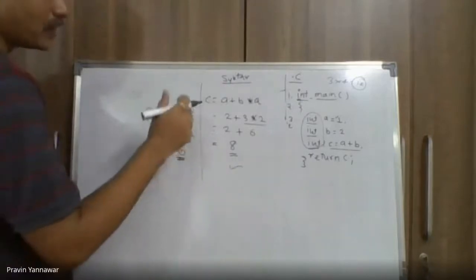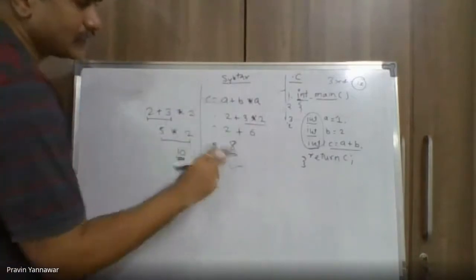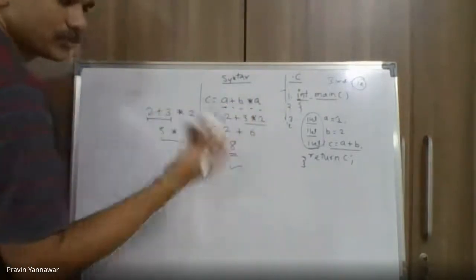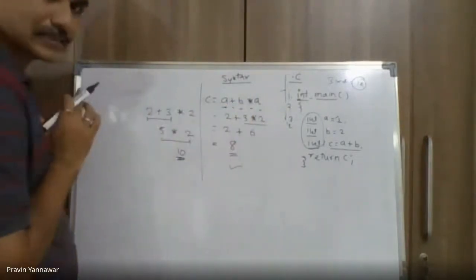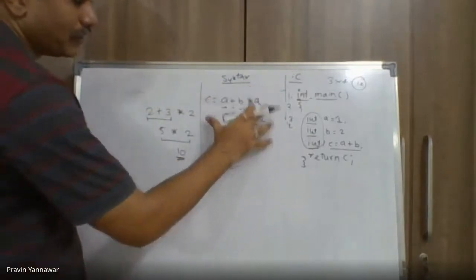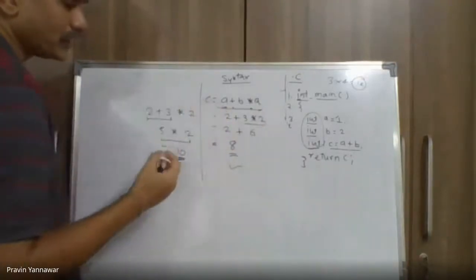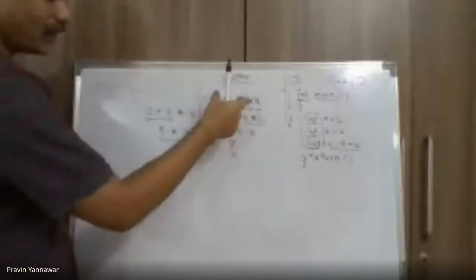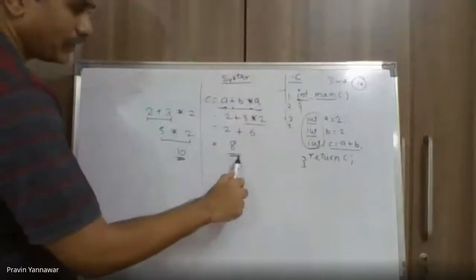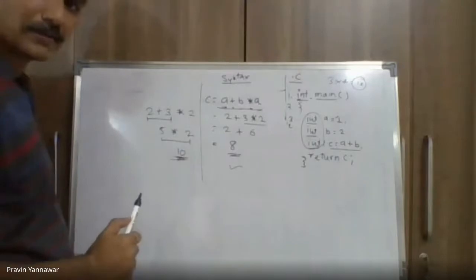But whether they are syntactically wrong or correct, the syntax is correct: identifier, operator, identifier, operator, identifier. So syntactically it is correct, but semantically it is wrong, right? We say that the meaning of this expression should be one, but here there are two results. Two expressions, two meanings are being generated here. One meaning giving you 8, the second meaning giving you 10. So this is going to be a difficult job.